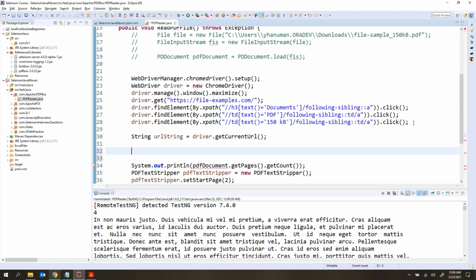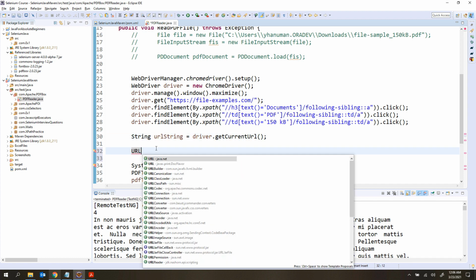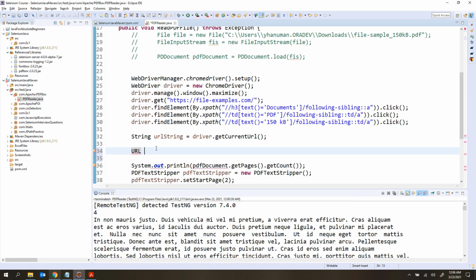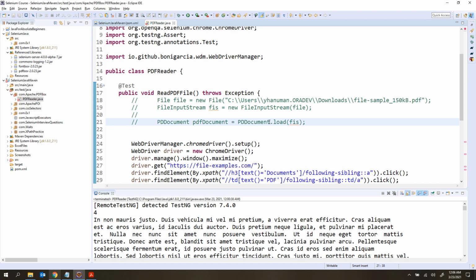After this, I need to create the URL instance inside Java, guys. Here we are getting the URL, but this URL is in the form of a string. So I need to create the URL instance here. URL comes from the java.net package: new URL. For this URL string only we are creating the URL instance, so we need to pass that one here. In my previous example, we passed something called an input stream here, right? Whenever you use this method, we pass the input stream.